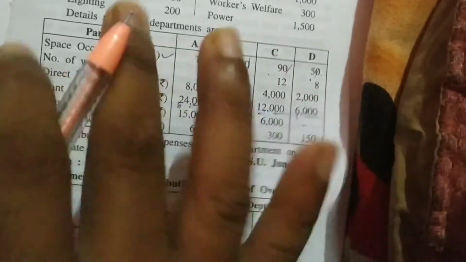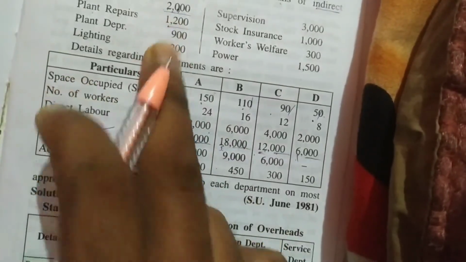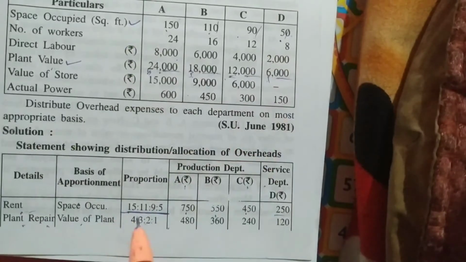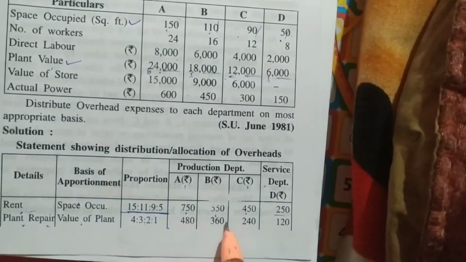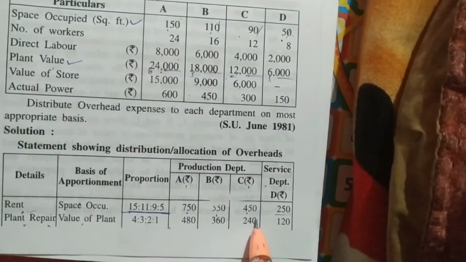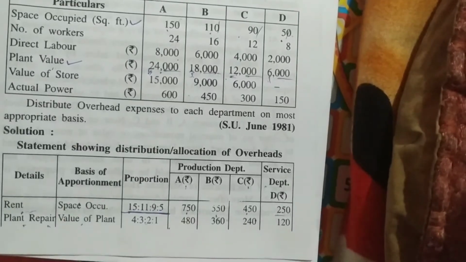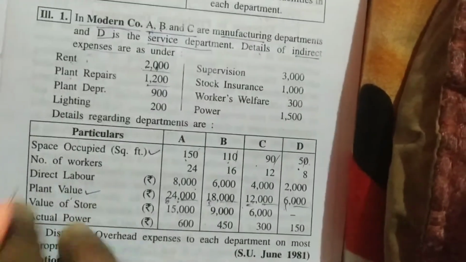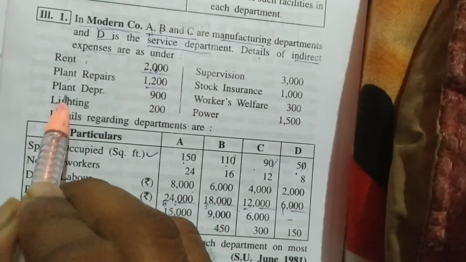How much amount is there? Yes, 1200. So 1200 will be distributed in the ratio of 4:3:2:1: 480, 360, 240 and 120. See, so now again plant